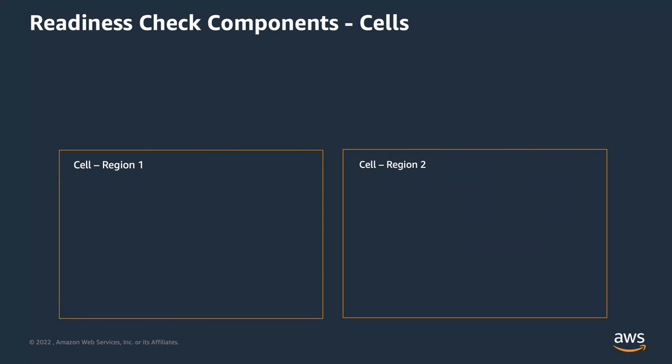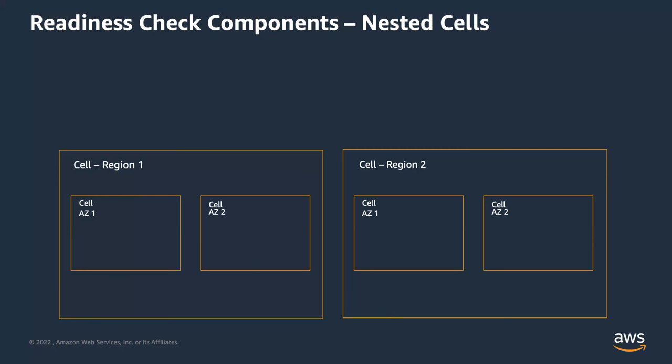We mentioned cellular architectures earlier in the presentation, and cells are one of the basic components of a readiness check. A cell defines your application replicas or independent units of failover. It groups all of the resources necessary for your application or group of applications together. This is a very basic example of two cells, and it's what we'll be showing in our demo.